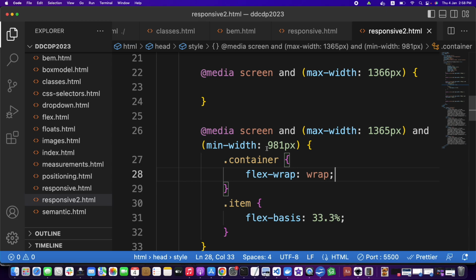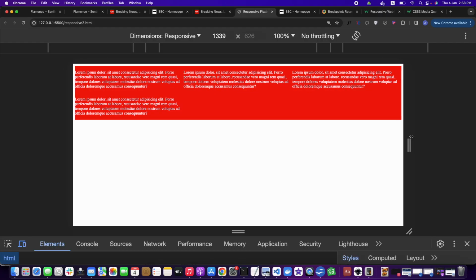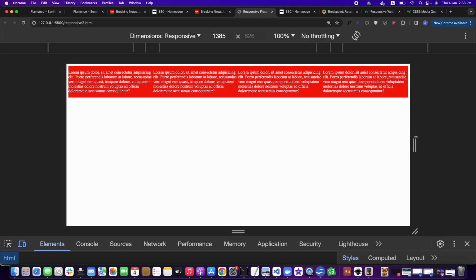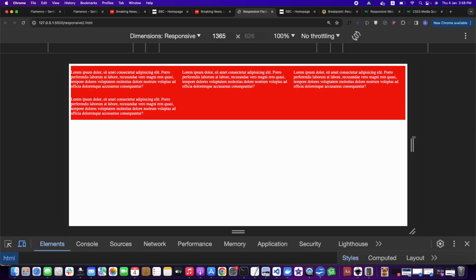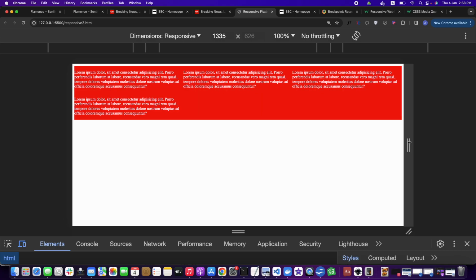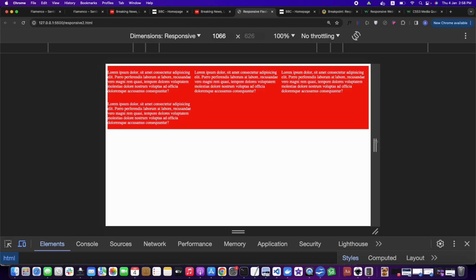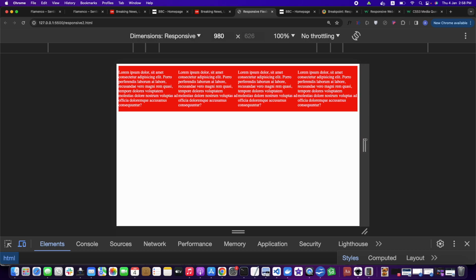Is this fine? So when it reaches something like 1365 and up to 981 pixels, it will be 3 columns. So 1365, right? At 1365 it is 3, and if we make it 1366, it will be 4, but as soon as it switches to 1365 and below, it is 3 columns. Is it fine? And it will stay so